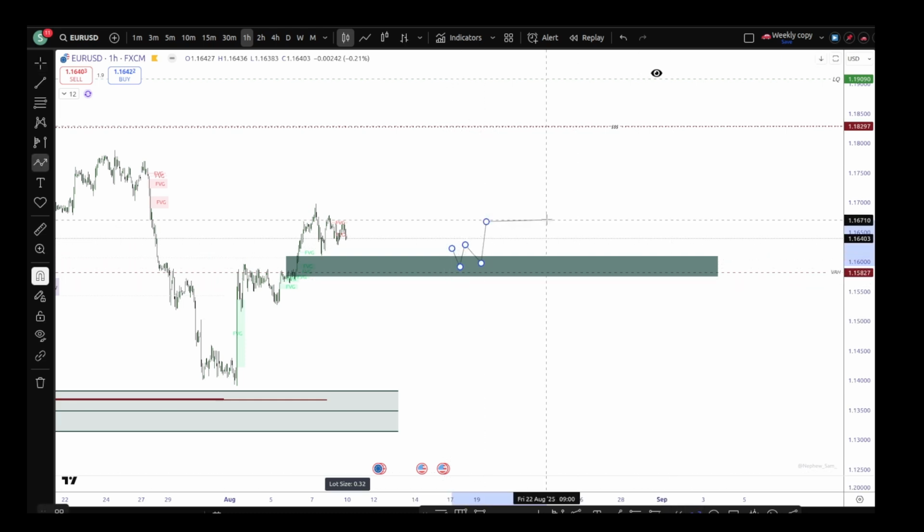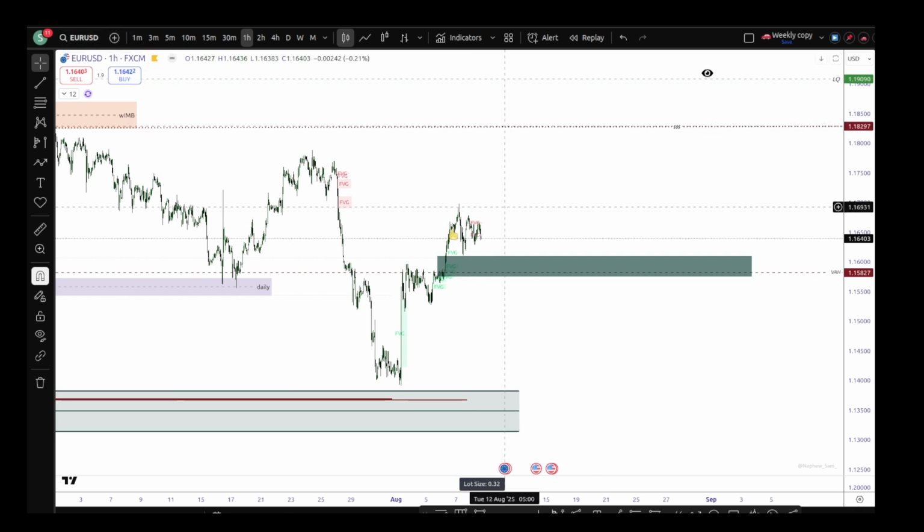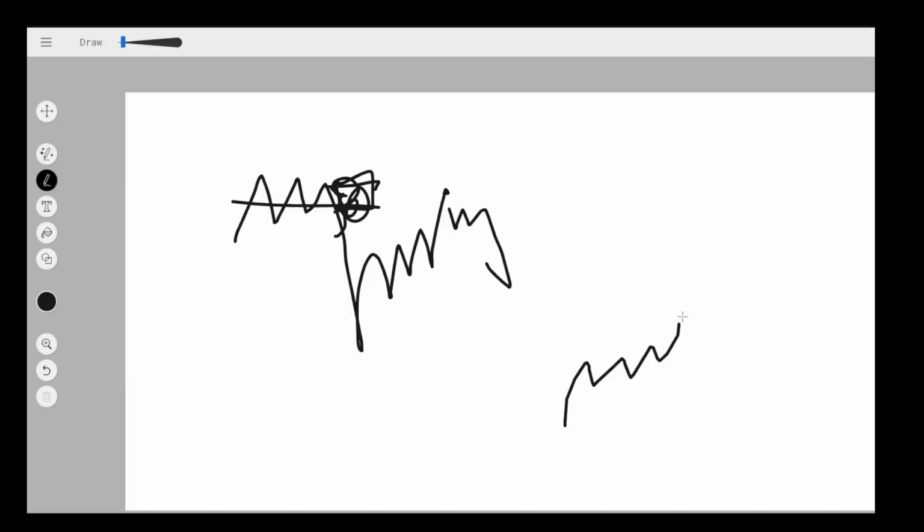Something like that, based on the reaction on the lower time frame, of course. So this will be first our key zone. That's as per the Euro USD. I will be keeping in mind GBP USD while trading Euro USD, because that is correlated, not inversely but correlated. Both move in a similar fashion, right?